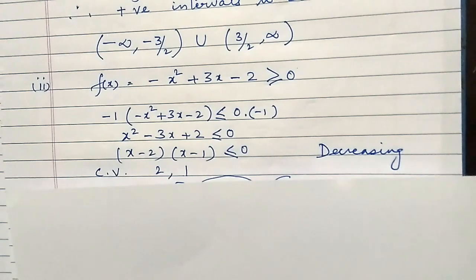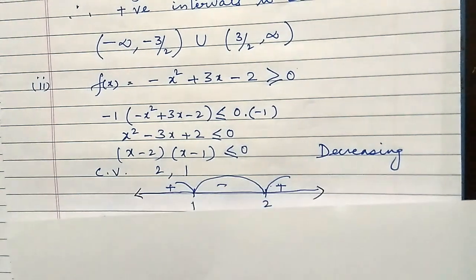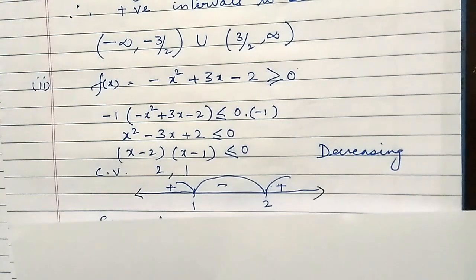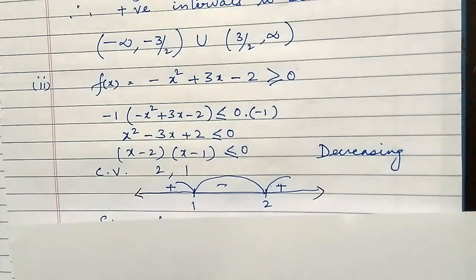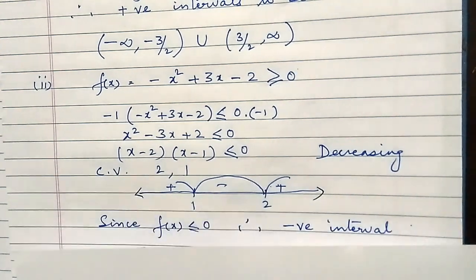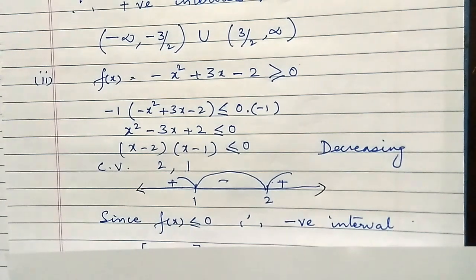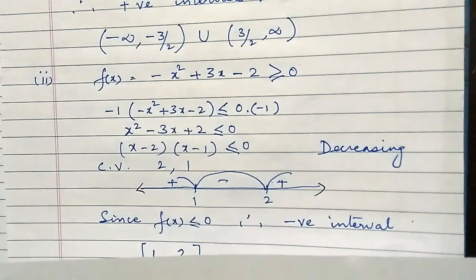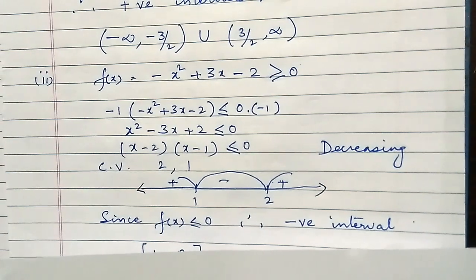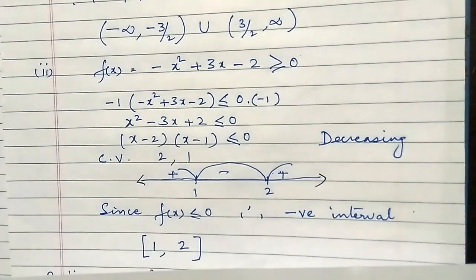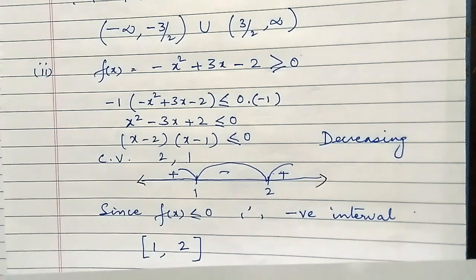1. So therefore now draw the number line and just mark the critical values, that is 1 and 2, and remember 2 comes after 1 on the right hand side. So therefore the location of the critical values has to be correct. Now my function is less than or equal to 0, so negative intervals will be considered, and you can see on the number line that this time there is only one negative interval, so my answer is going to be just [1, 2].